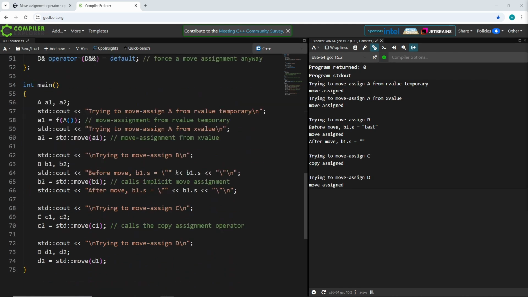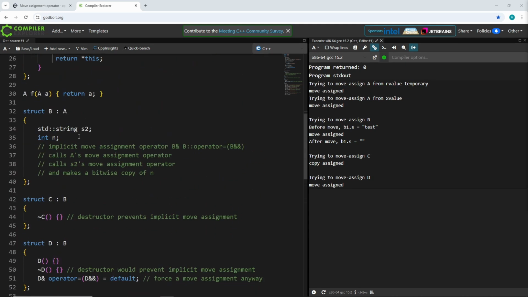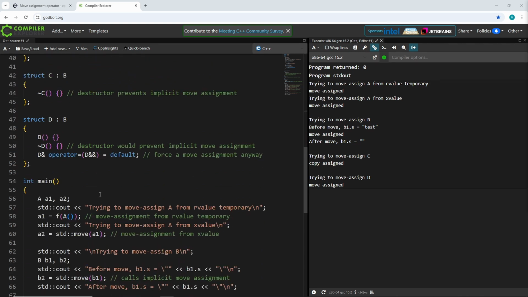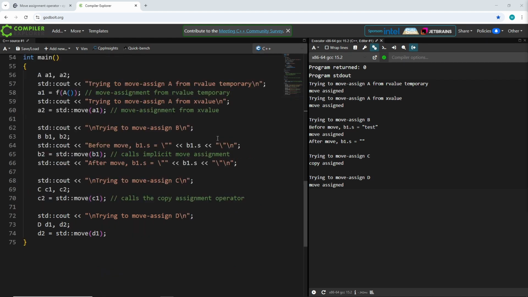To check the requirements a little bit faster, there are the so-called rules of 0, 3, 5 or more nowadays, and there are different type traits. This is code which you can write with the struct, and it will check if the struct can use move semantics. Okay, I think that's enough for this video, and if you have any questions like all the time,